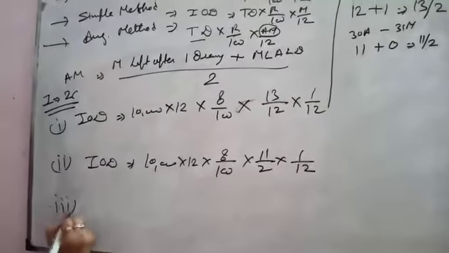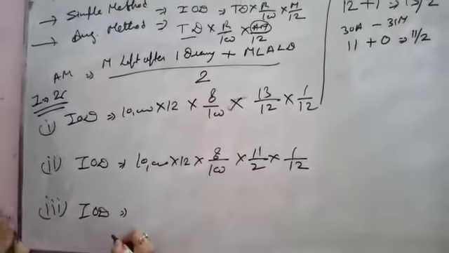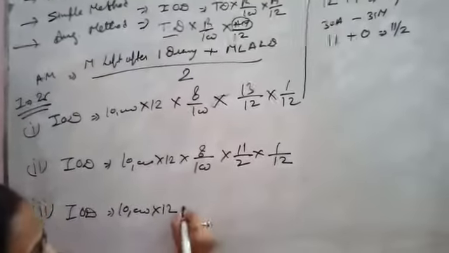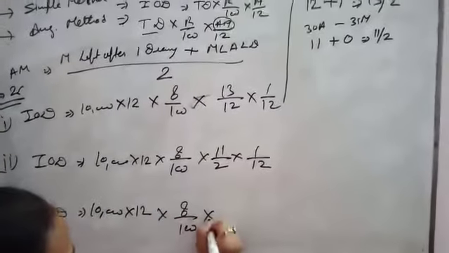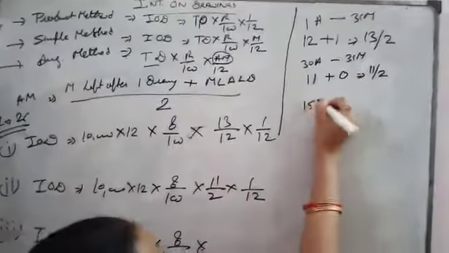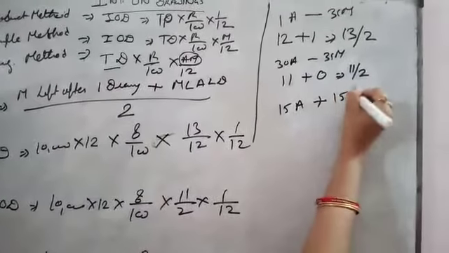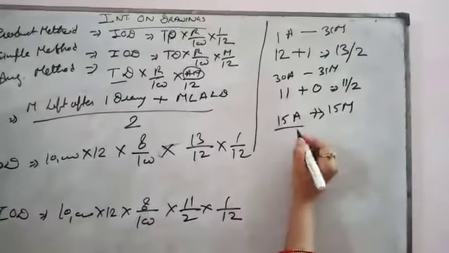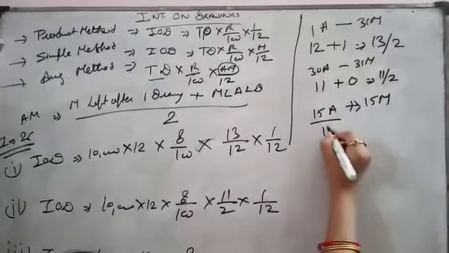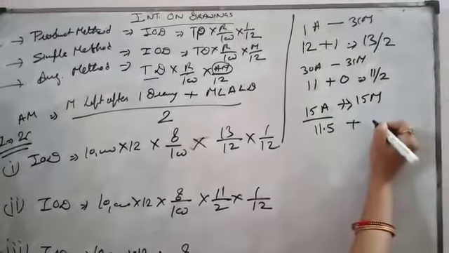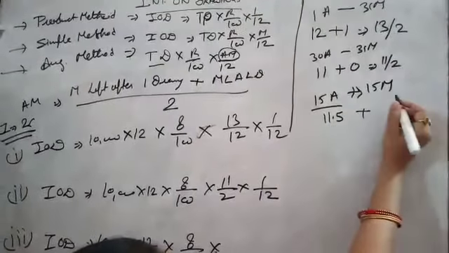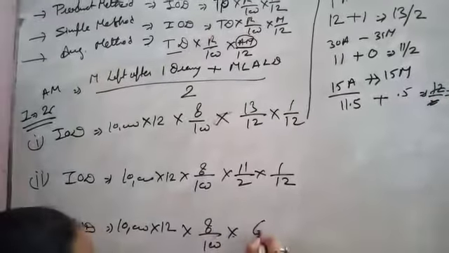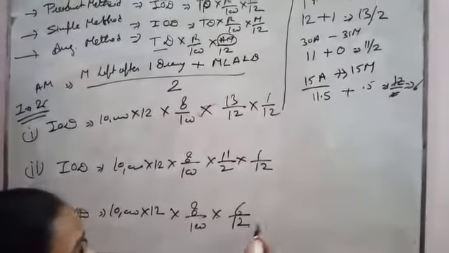And in the third case, interest on drawing, when C is drawing 10,000 rupees at the rate of 8% in the middle of every month. Middle of every month means 15th April to 15th March. From 15th April, the months will be counted. Time left after the first drawing is 11.5 and time left after the last drawing, 15th March to 31st March, is 0.5, so that will be 12 by 2. The answer will be 6, right? So it is 6 by 12. So that's why this is the average formula.